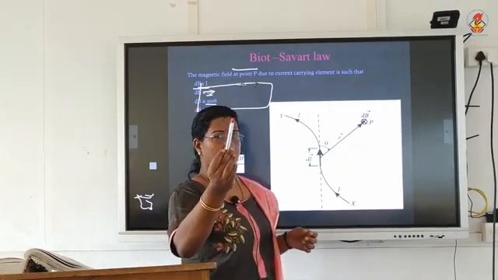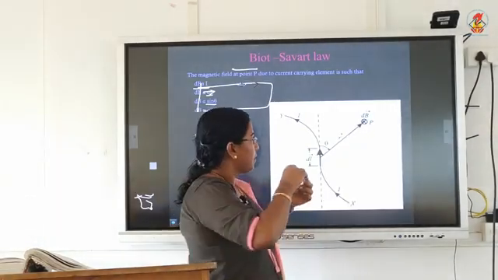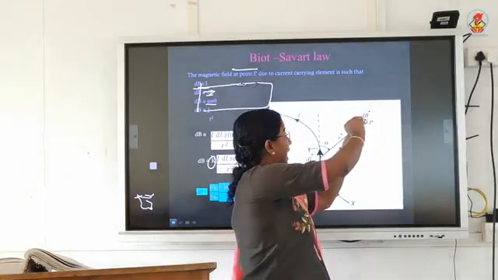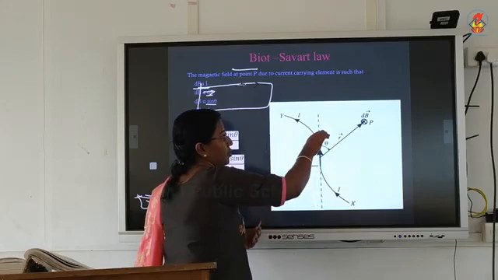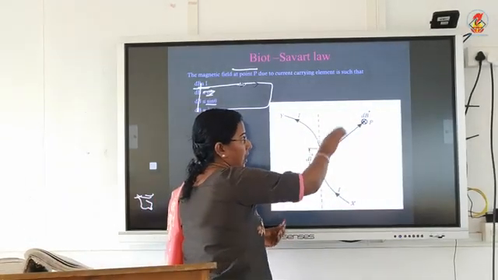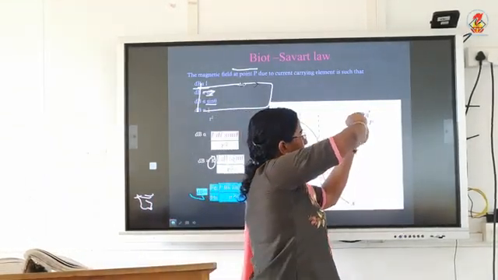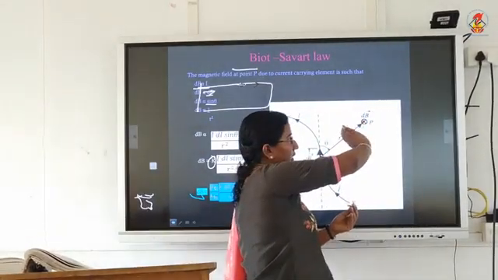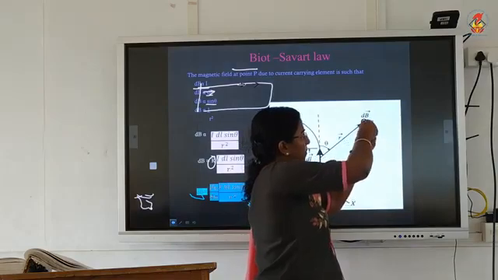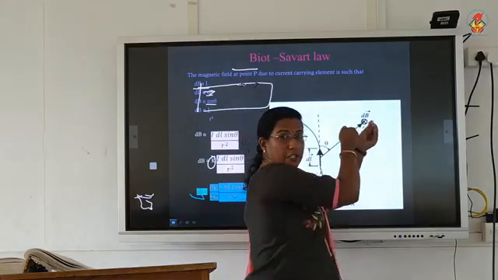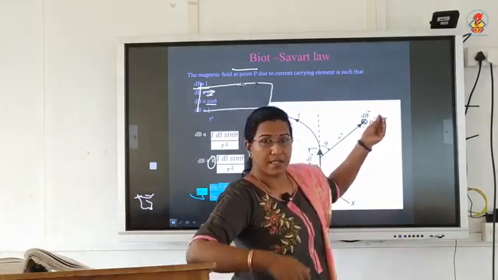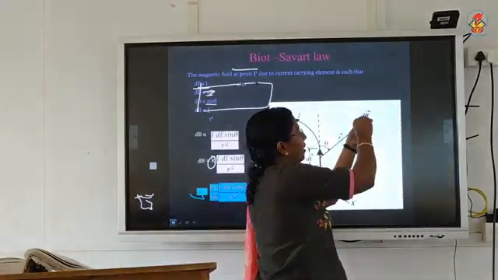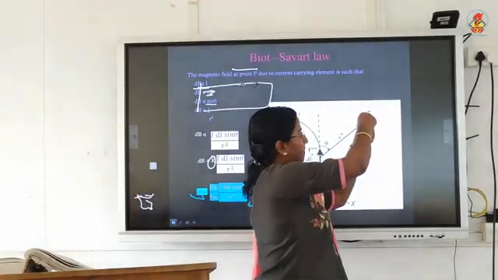Imagine I have a screw in my hand, and I am going to keep it perpendicular to point P. And I am going to turn my screw in the direction dl cross r. So this is my screw and I am turning from dl, this is dl, this is r. I am crossing it from dl to r. So what will happen to my screw? The tip of my screw will go into the board, isn't it? Which means the field is going perpendicular into the plane of the board.